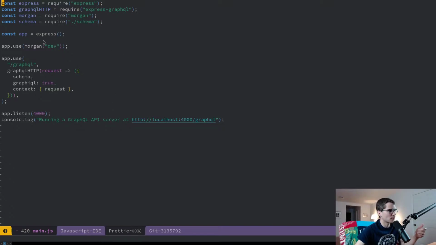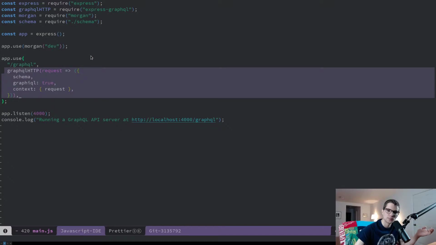I've used Express, and this is just for some request logging, which we'll use later. And then it has a single endpoint, /GraphQL. This is all the standard Express GraphQL APIs. I haven't done anything special here. This is exactly what you would do if you're just getting up and running with a GraphQL server